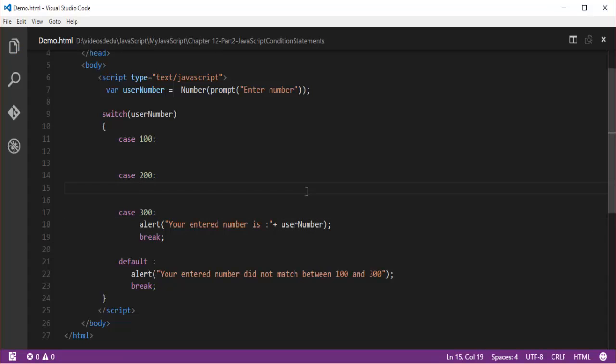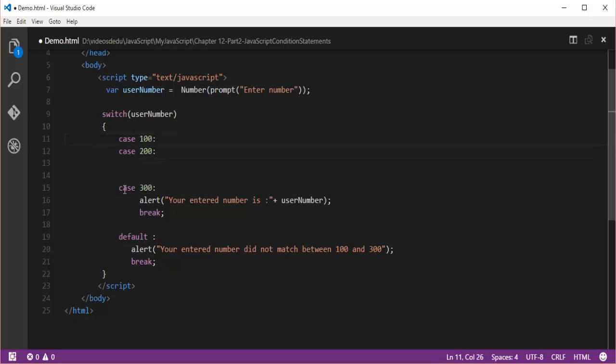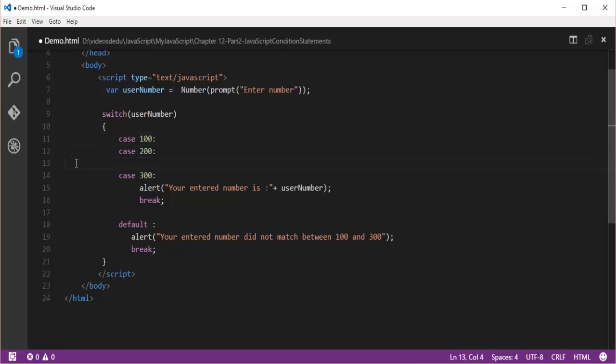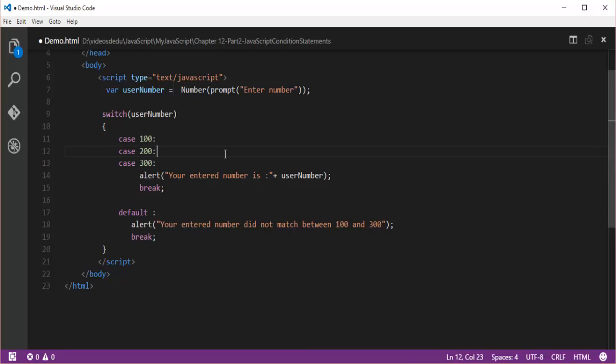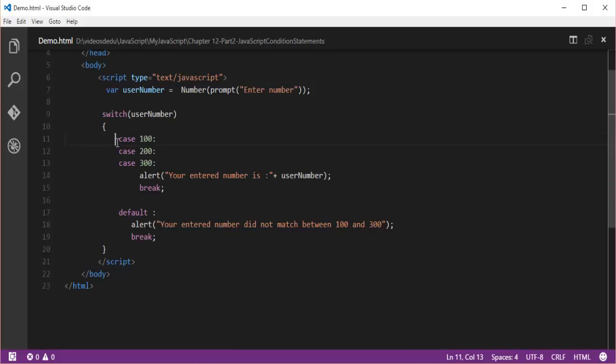So what's happening right now here is, let me combine all the cases present here. You can observe here, as said in the sentence, we can combine multiple case statements together. That's what I'm doing. I'm combining these three statements together, and for all these three statements we have only one alert